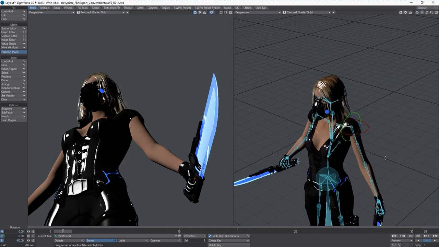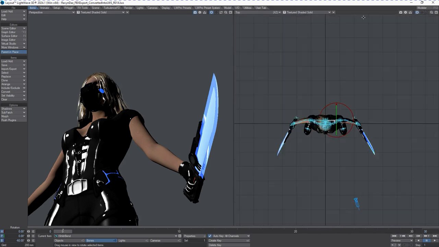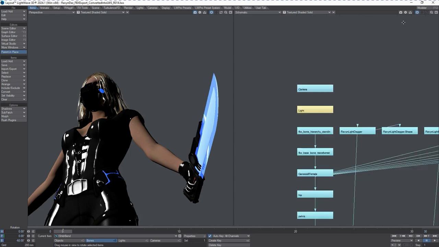Now, it's great to have these kinds of technical views of Lightwave Layout, either from a perspective view or from a top. Let's center that. Left, bottom, back, right, even from the light view, a specific camera, or even the schematic view, which will give you a diagram of how something is structured out